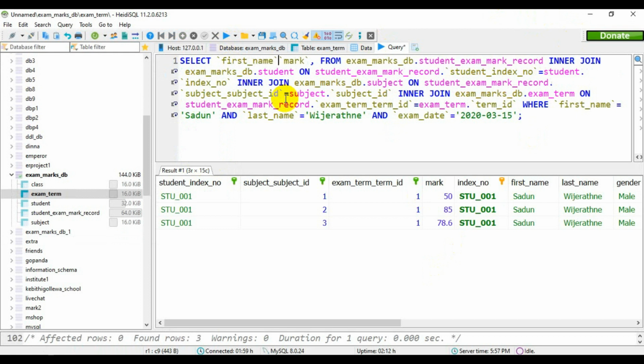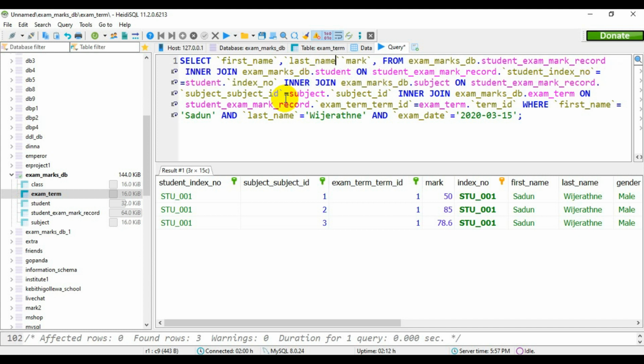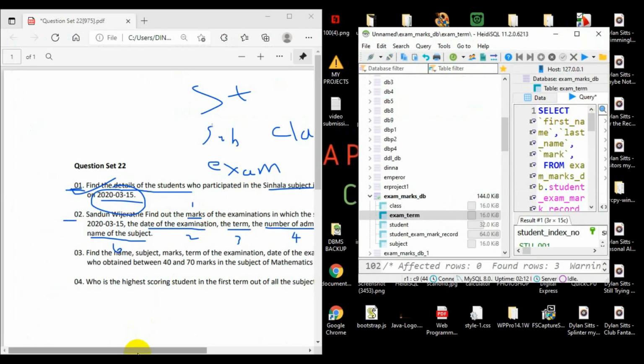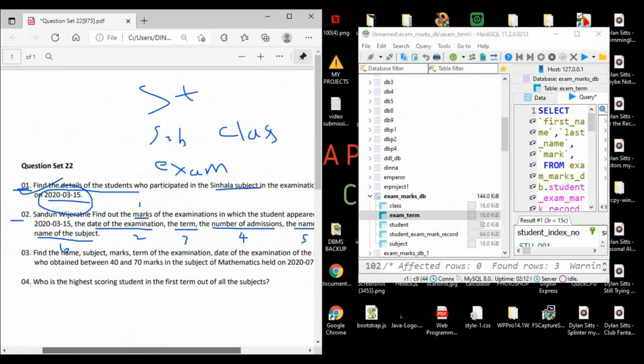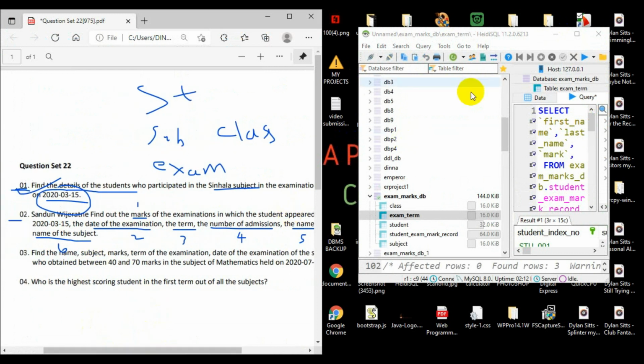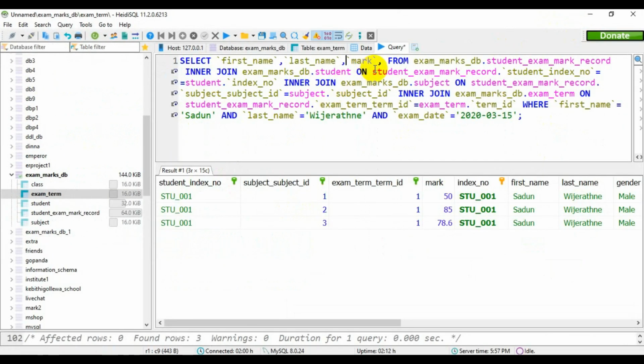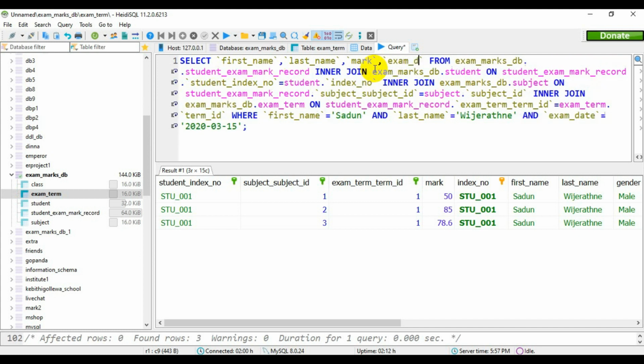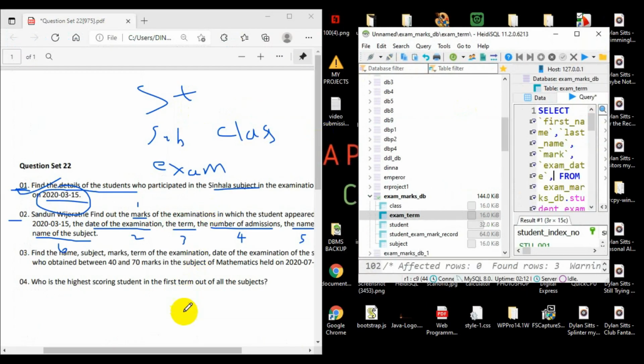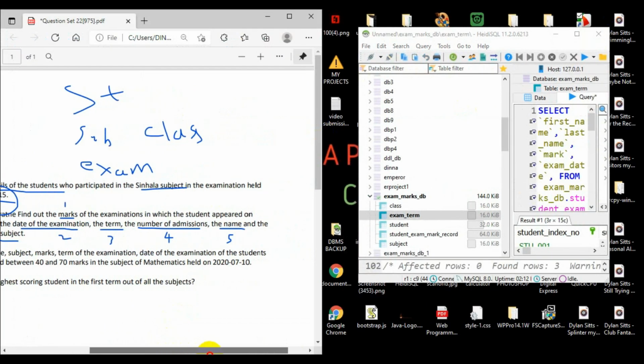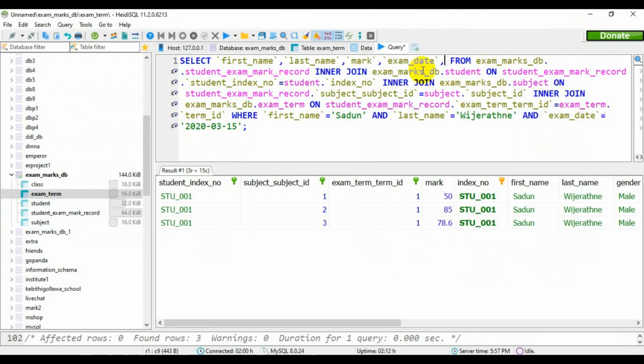First_name, last_name, the mark, and also the date of the examination. Exam_date, exam_date, the term name,